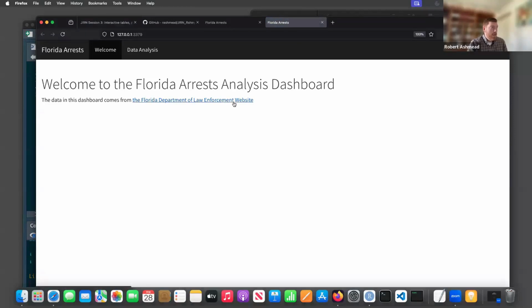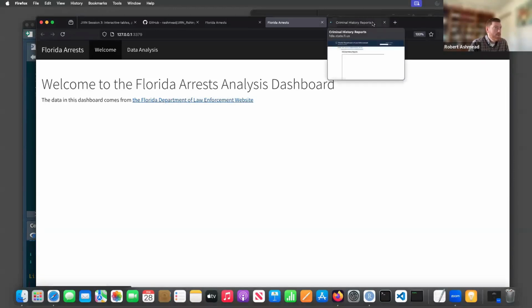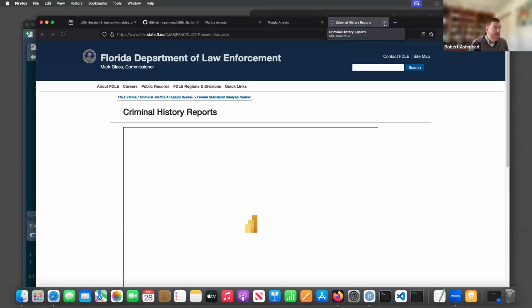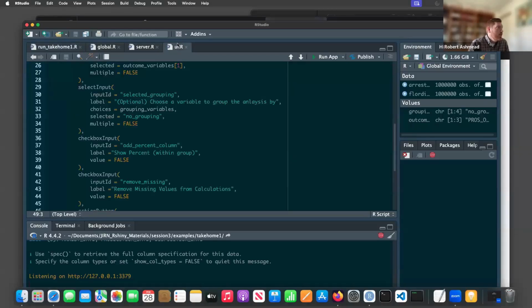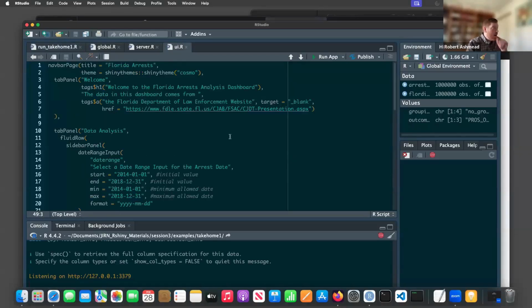Okay, so the first thing you'll see here is I put this link. I didn't put anything too fancy up here on the front page, but the data in this dashboard comes from the Florida Department of Law Enforcement website, and it just links to where we downloaded the data from. Always nice to put. So to do that, I use some of the things we learned about last week with